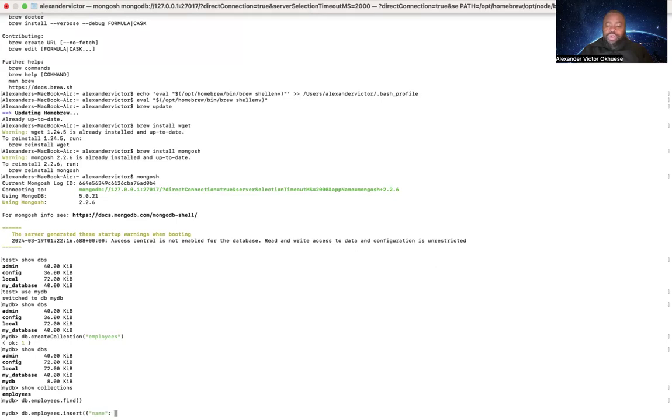I'm going to use, say, John Doe. So I'll have name: John. Then the document can also have, say, last name. So we have lname, we can call it Doe. And also we can define the age, and the age is 25. And we can say salary, and the salary is